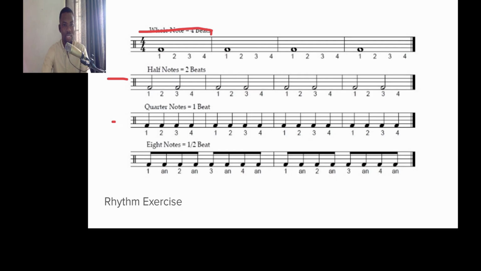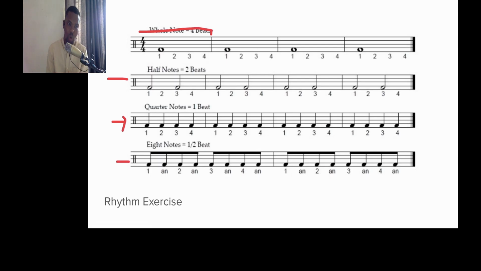Now going on to the next system, we would see a further division of half notes into quarter notes, right? So for every beat, you would hear a clap, like so. 1, 2, 3, 4. 1, 2, 3, 4. Very good. Now going on to the last example, for every beat, you would hear 2 claps,